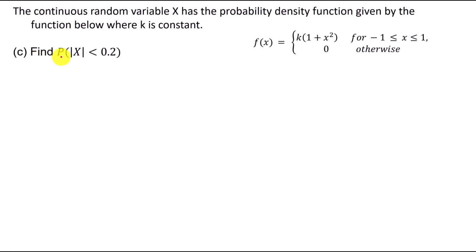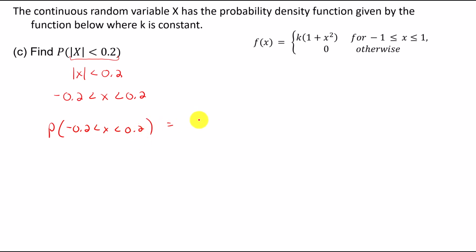All right. So again, probability that the absolute value of x is less than 0.2. So you have to know what this means from a long time ago in the class. You have to know that when I have the absolute value of x is less than something, I'm going to take that value and say x is between the negative and the positive. So what I'm really trying to find is the probability that x is between -0.2 and 0.2. And to do that, I would just do the integral from negative 0.2 to 0.2 of